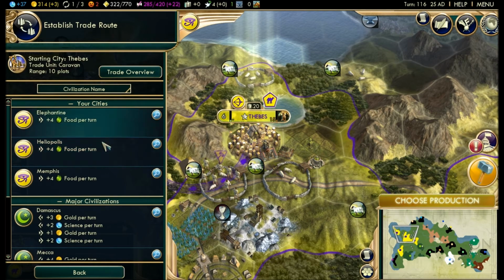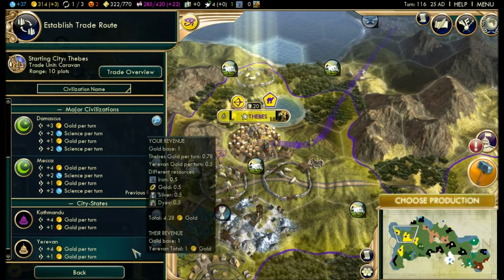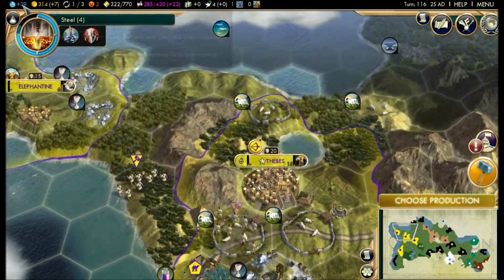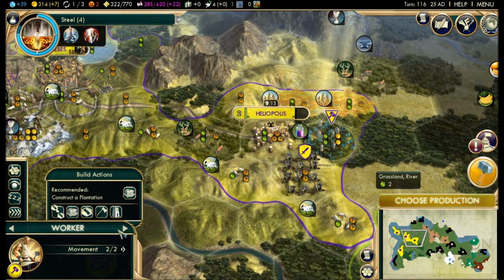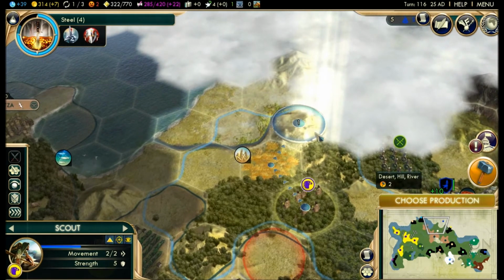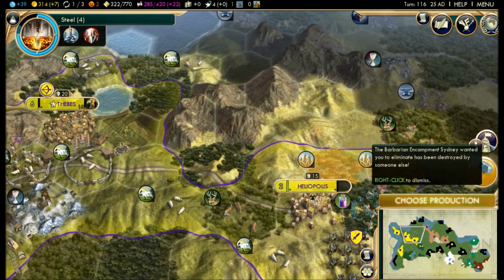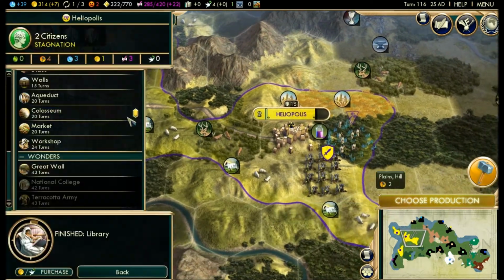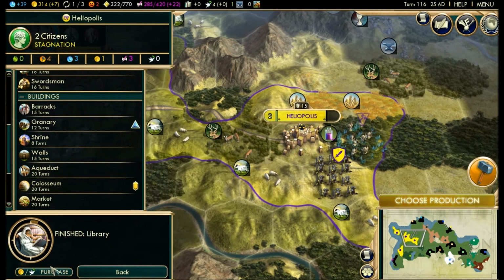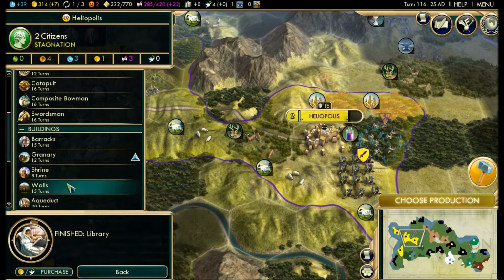Let's establish a trade route. So Mecca is still the best bet because that's giving us science. I think you can still have trade routes with people that you're at war with. I really don't know. Again, I'm just still sort of new to this DLC, so I'm learning with you guys on a couple of things. Okay, so we finished our library here. Now that we're going to start improving the tiles around it, maybe...